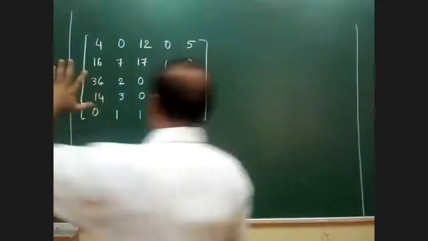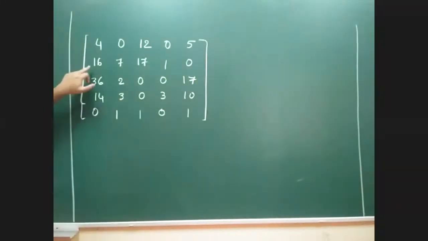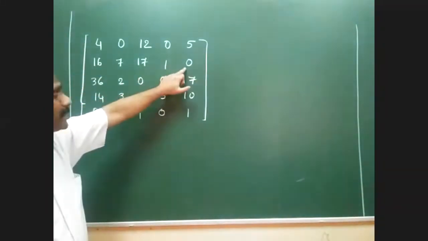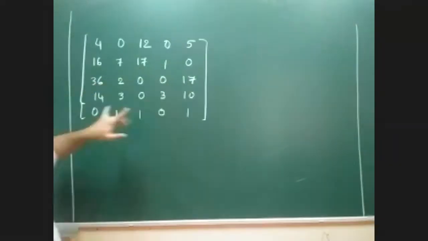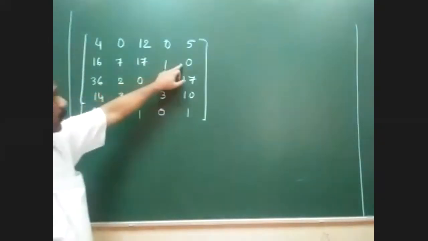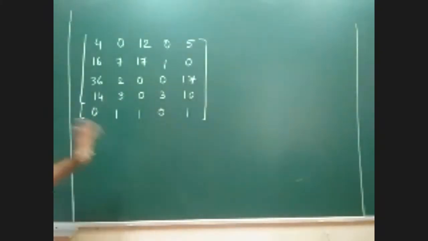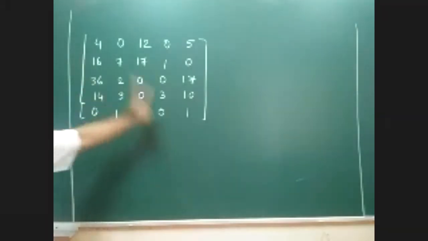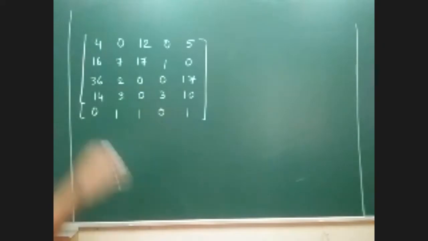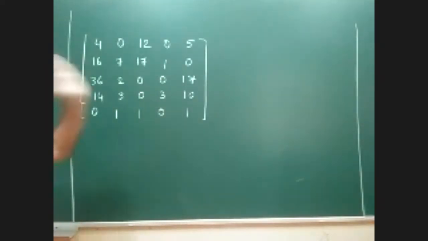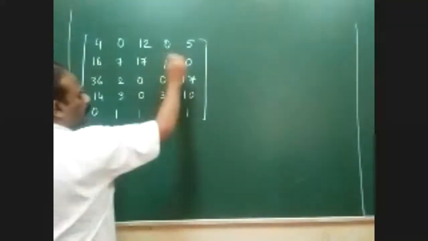Now, if you look at the entire matrix, there is only one row with a single 0, correct? Sorry, there are 2 rows actually. Row number 2 and row number 4 have a single 0. The rest all have more than one 0. So let me first start the allocation with a row with a single 0. Same thing. So this is the single row I'm taking.